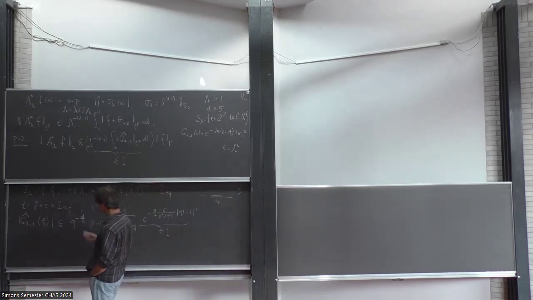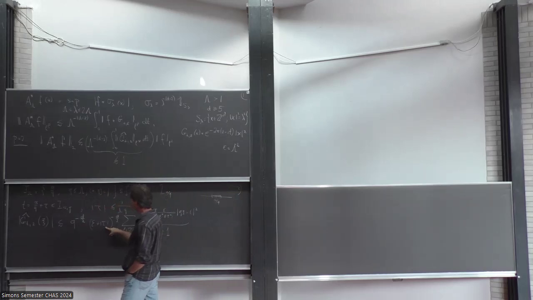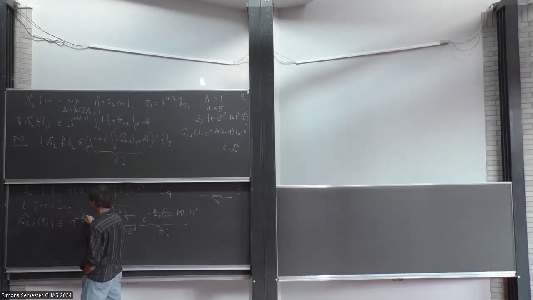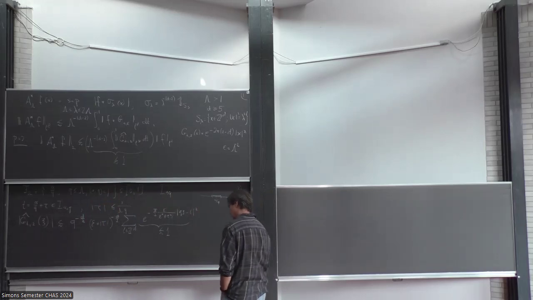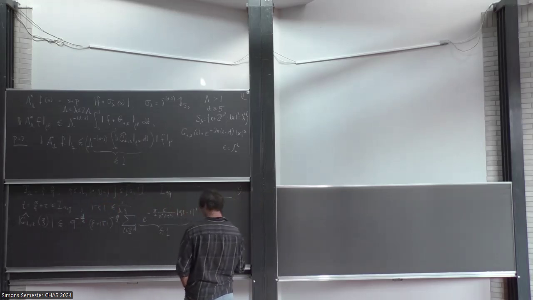What you have to do, first you integrate in tau to integrate on one period, and then you have to sum in all A's and Q's. So here, if you sum in A, that was QA, so you get Q to the minus E half plus 1, and then you sum in Q, and that would be still bounded if these are at least 5.